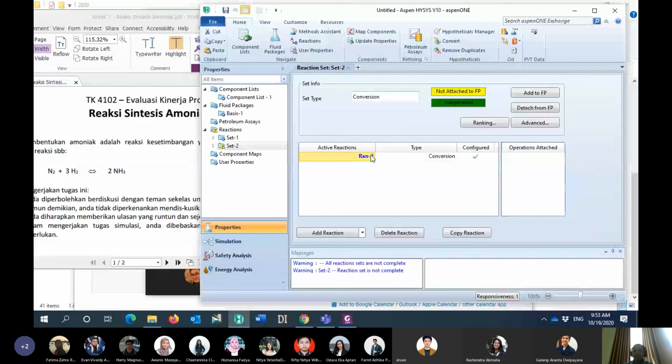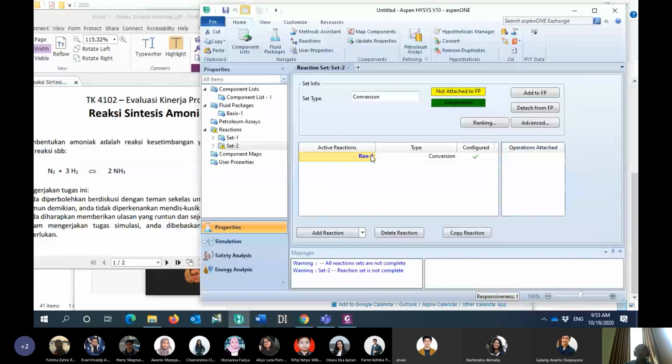Okay, and then I will add to fluid package and set this one. This one is for bed number 1, bed number 2, and then I will add again for bed number 3. Bed number 3 will have the same reaction, which is the nitrogen plus hydrogen into the ammonia.